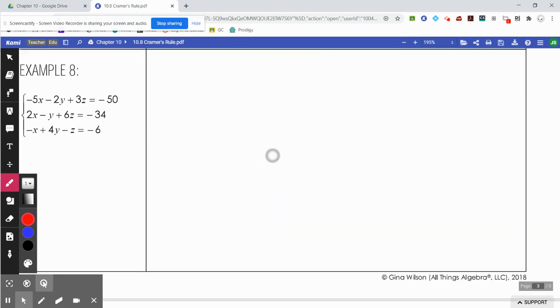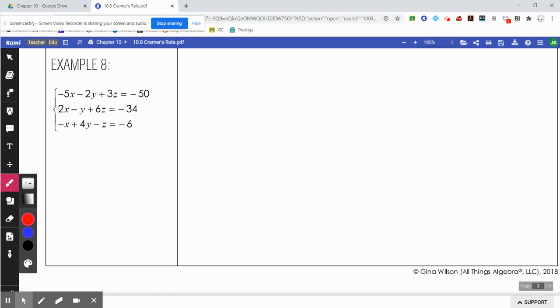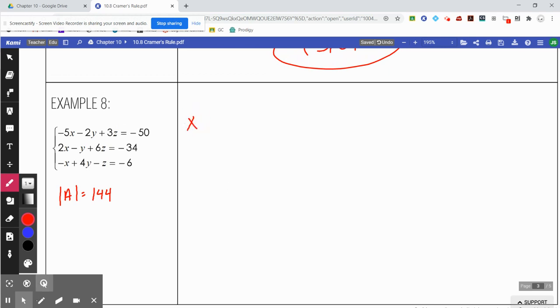Okay, one more example, and I'm not going to work this all the way out, but I will give you the answers. The determinant of your coefficient matrix here would be 144. To find your X value, you're going to find the determinant of everything, replacing your X column with these, and that's going to give you a value of 864 on top, and of course your determinant of A is on bottom, and that's going to be a final